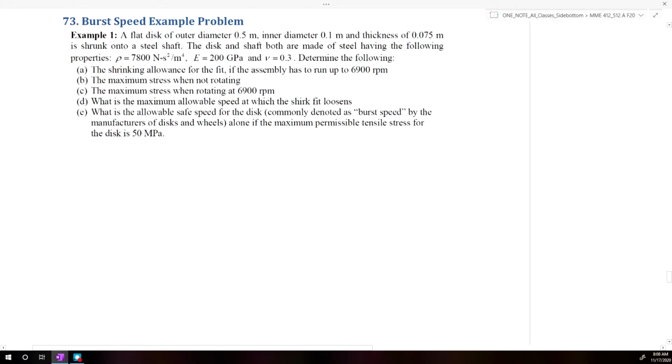So in this example problem, we're going to calculate the burst speed for a rotating disk. In the problem, we're given a flat disk that has an outer diameter of 0.5 meters. It has an inner diameter of 0.1 meters, and the disk has a thickness